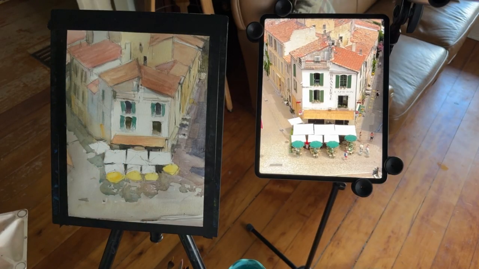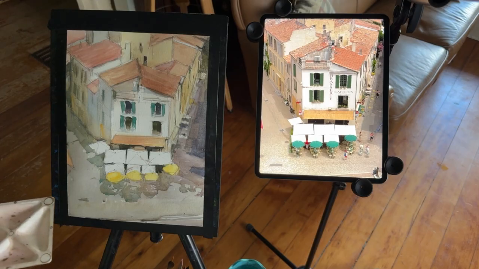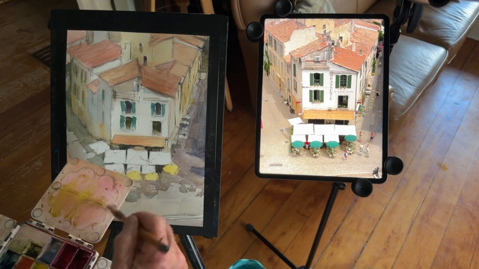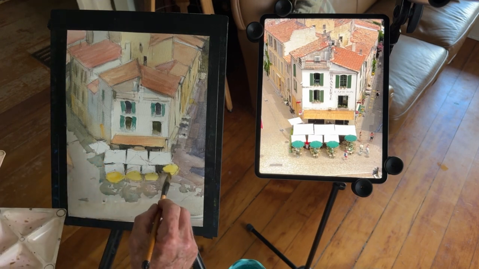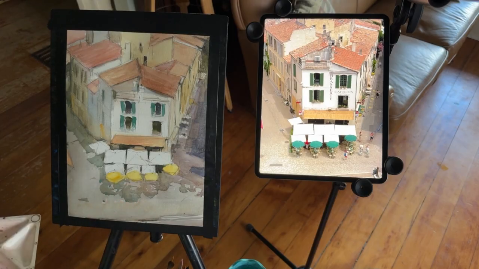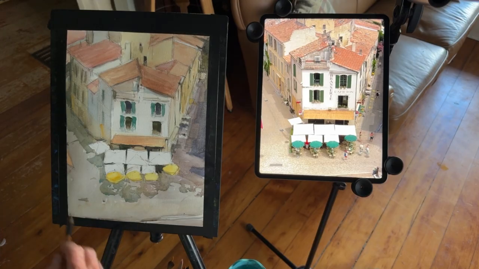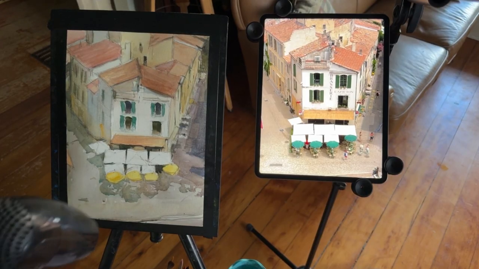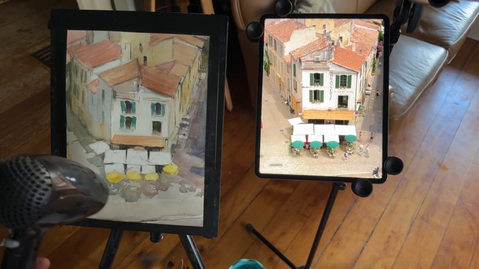I need a darker yellow on the front edges of these umbrellas. And then I need some more darks. So that means if we were standing there in the auroral sunlight, this would be drying out very easily. So